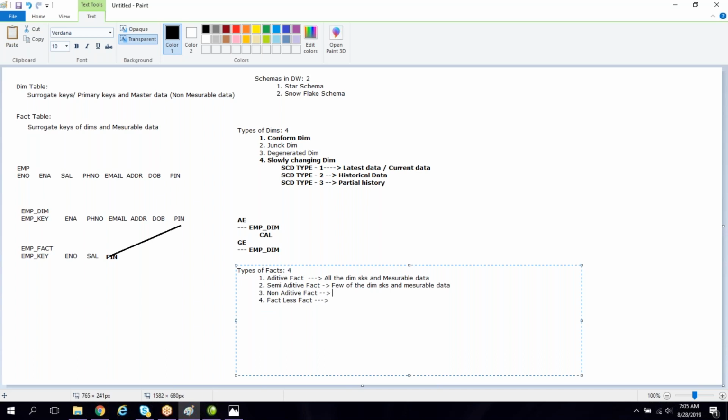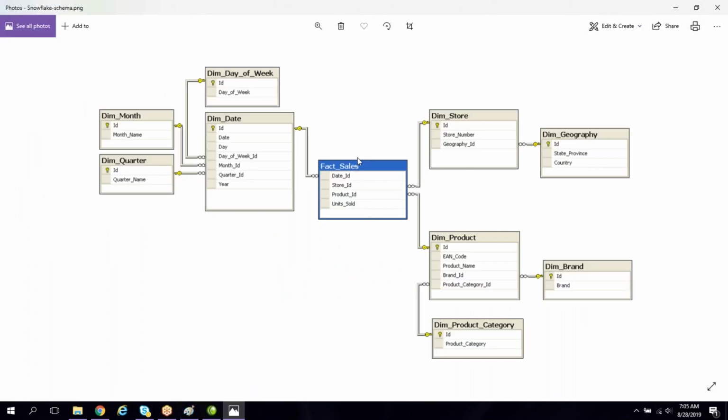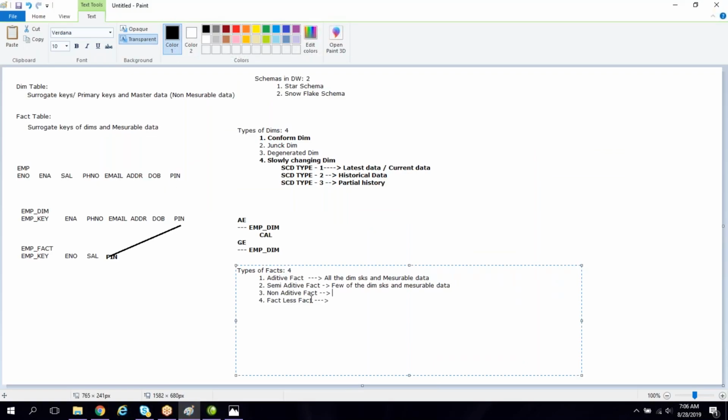That means the fact should not connect to any of the dimensions. If there is a fact that is not connected to any dimension, which means none of the dimension surrogate keys are present in the fact, then we call such a fact a non-additive fact. So the non-additive fact contains only measurable data. There are no surrogate keys of dimensions.